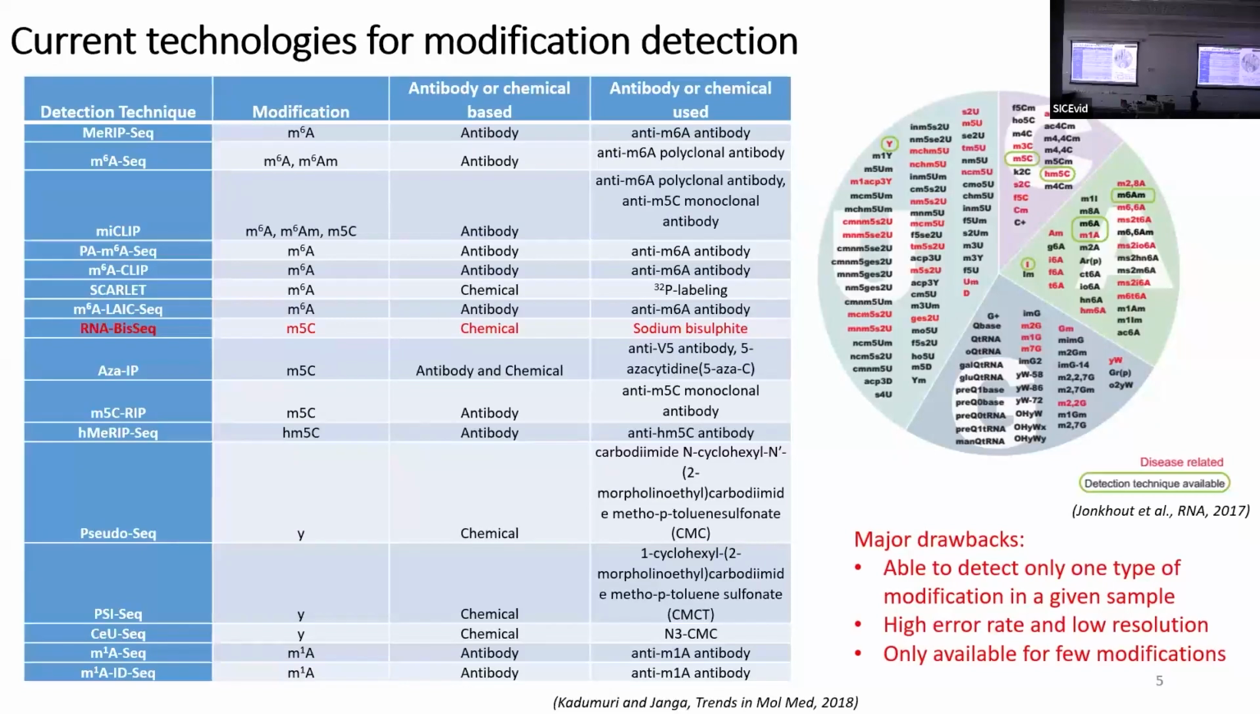They have typically higher error rates and low resolution. Low resolution meaning that the context, the phasing of these modifications, are not available. They're also only available for a few modifications. So